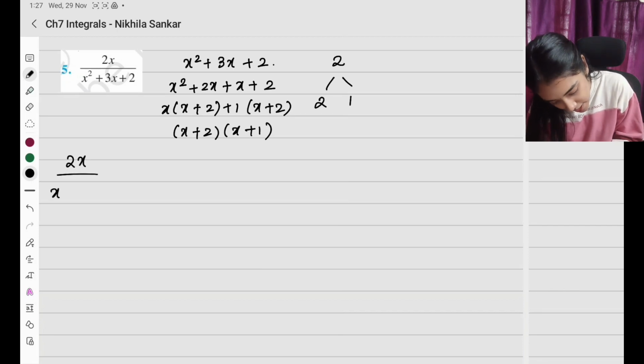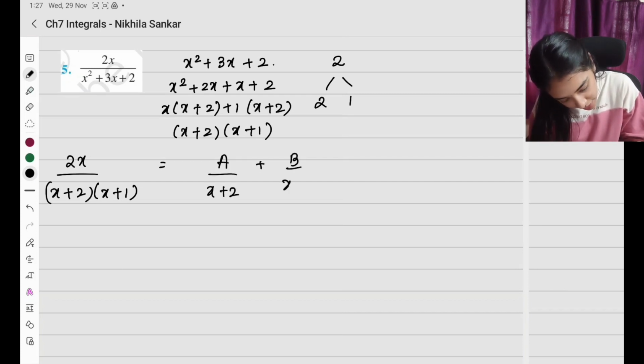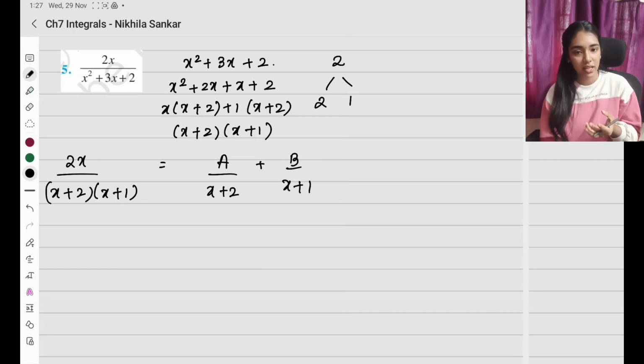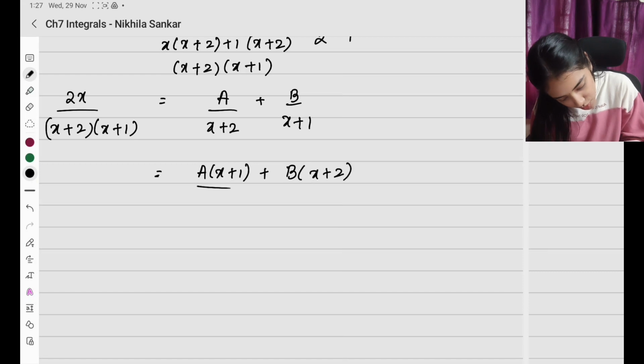2x divided by x plus 2 times x plus 1 can be split as partial fractions, which is a divided by x plus 2 plus b divided by x plus 1. இது எப்படி வேணா என்ன ஆர்டர்ல வேணா எழுதலாம். a divided by x plus 1, b divided by x plus 2 னு எழுதலாம். Right, however you want. Okay, so a times x plus 1 plus b times x plus 2 the whole divided